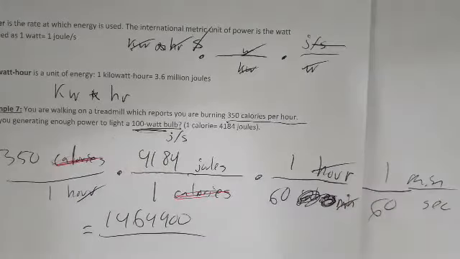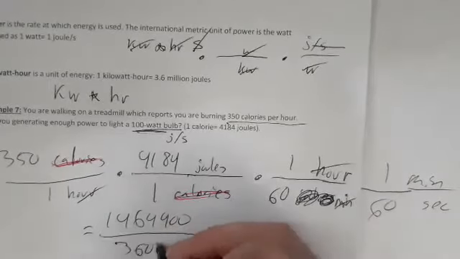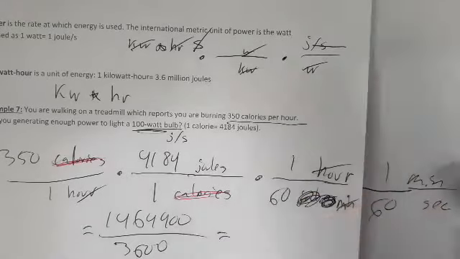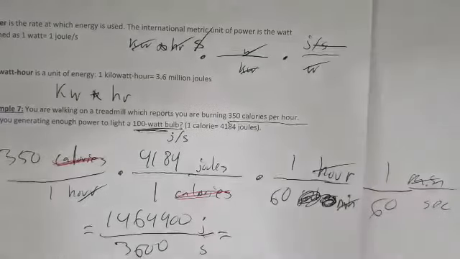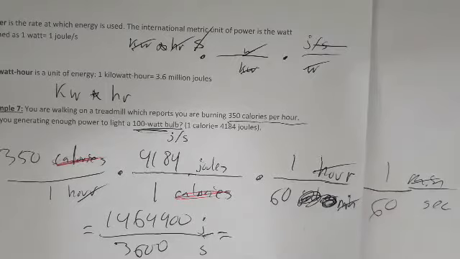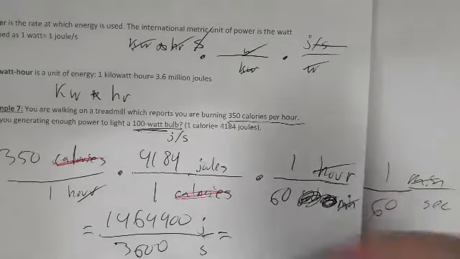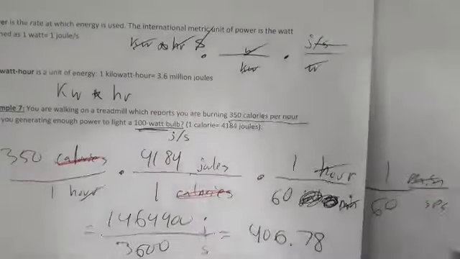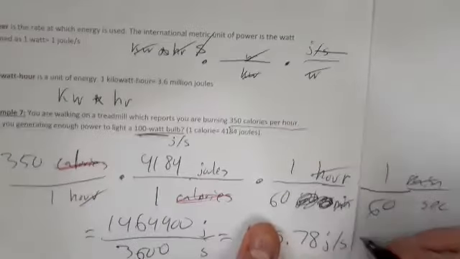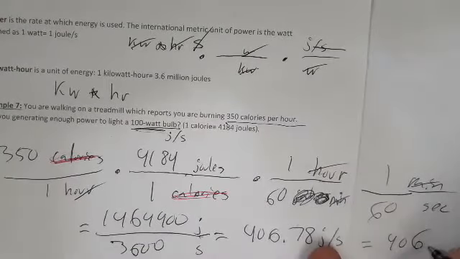146.0. And I'm dividing that by 60 times 60, which is 3,600. Yeah, I got joules per second. And I want to divide these two numbers. And I should be getting something like 406 point, I'm going to round it to, I guess, two decimal places, 78. And this is in joules per second, which is the same thing as saying it's in 406.78